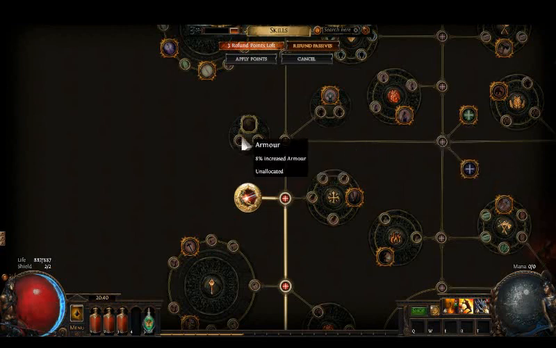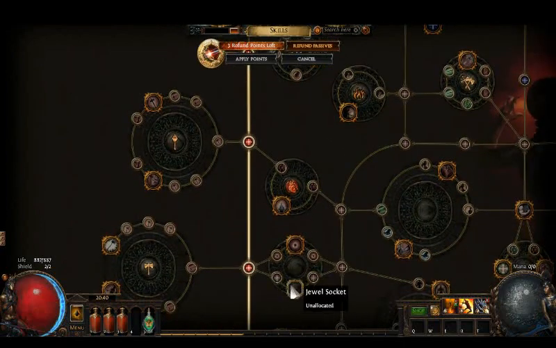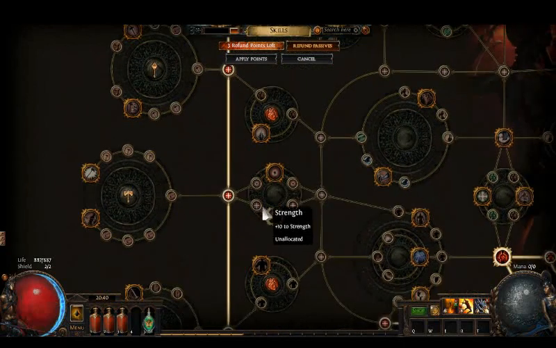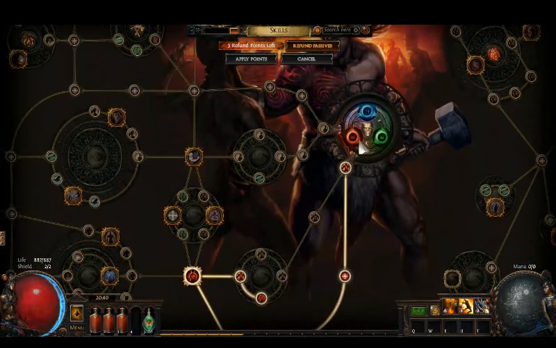I also want to get my jewel socket. So I have 2 options. This one's faster. It will give me 10 more strength. But this one gives me more armor. And I'm actually just going to go for this strength one, because strength is health. And I like health. For example, that's 201 strength. So that's...